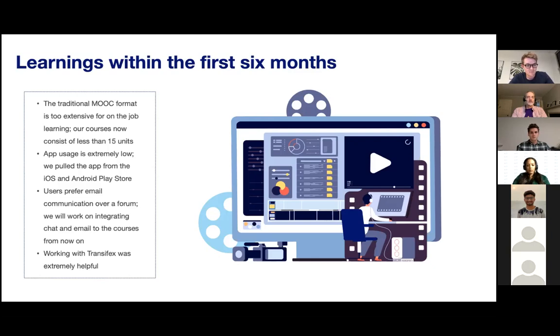And then the other thing that was really helpful to get us started quickly was using Transifex to translate the platform from English to German. This has also been very important to build trust, because our age groups of users might be 50 to 65 and they don't speak English. So having German videos in an English platform didn't work out as well, but thanks to Transifex, we were able to cover that quite quickly.